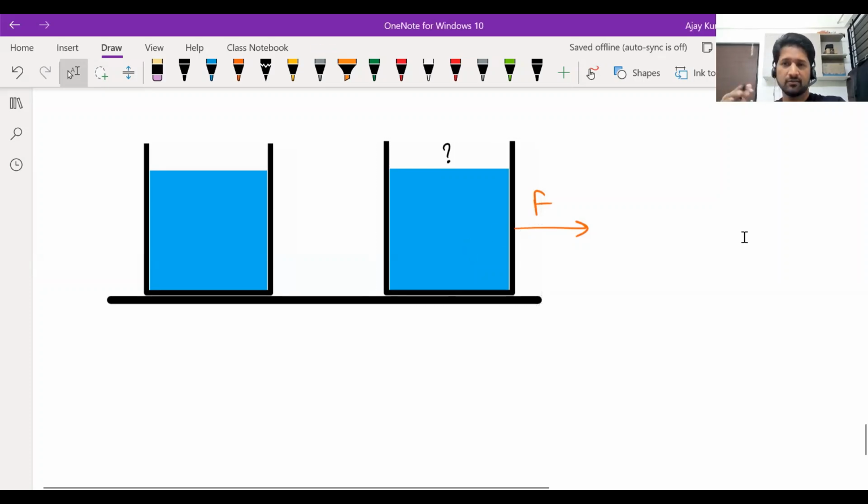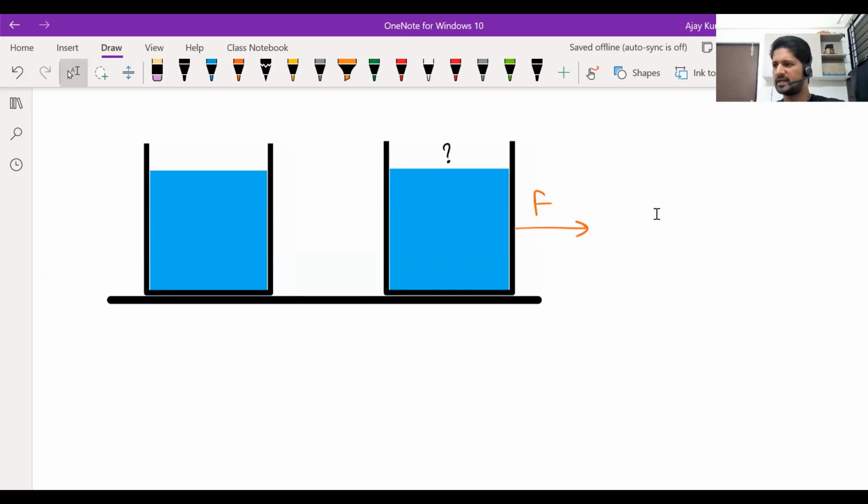Which side will go up, which side will go down? The left side will go up, sir. Correct, correct. Okay. If there's a cup filled with a liquid up to the top or maybe almost to the